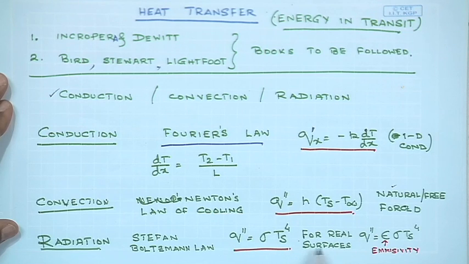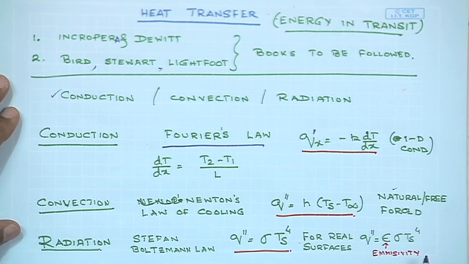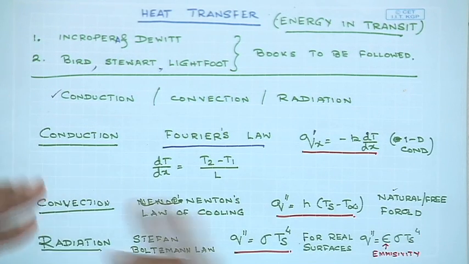However, for real surfaces, there is a factor, emissivity, which is brought into this formula to emphasize that real surfaces do not emit thermal radiation as efficiently as an ideal substrate, where the value of emissivity is equal to 1. So, you have different values of emissivities for different surfaces. There are tables and so on, and radiative heat transfer is in itself a separate